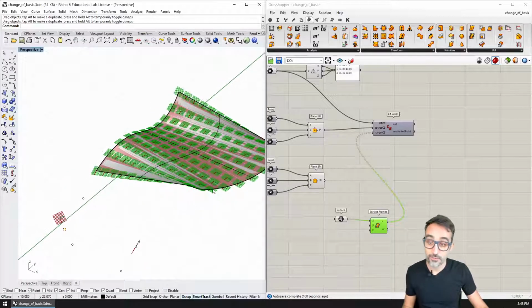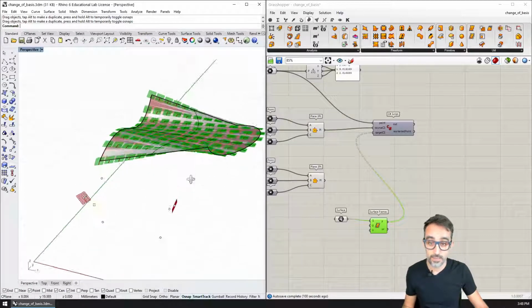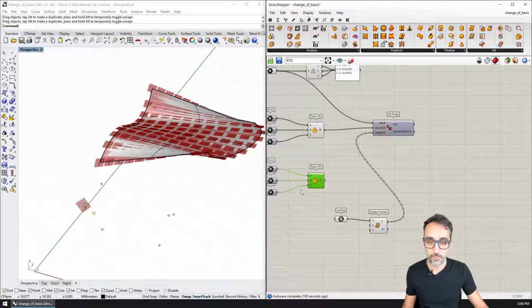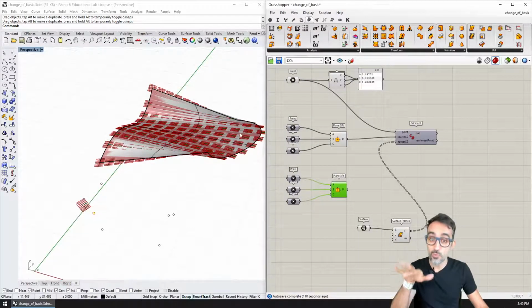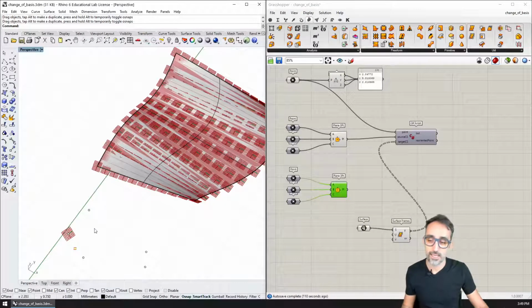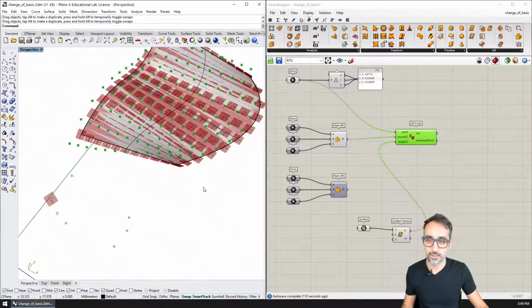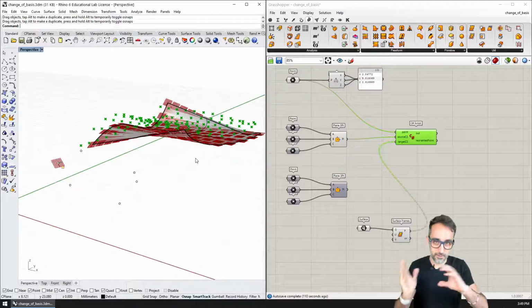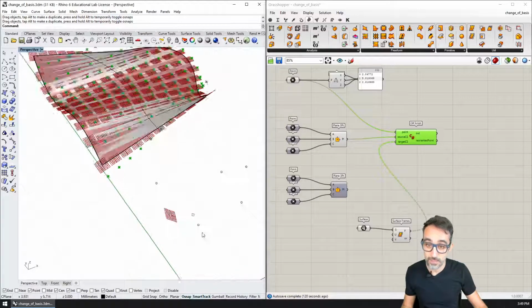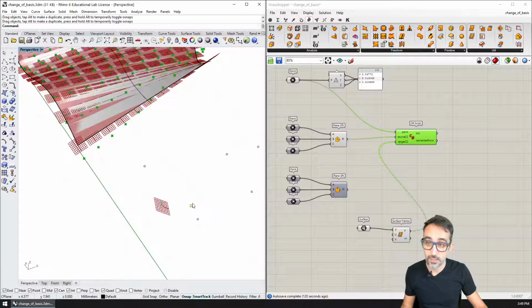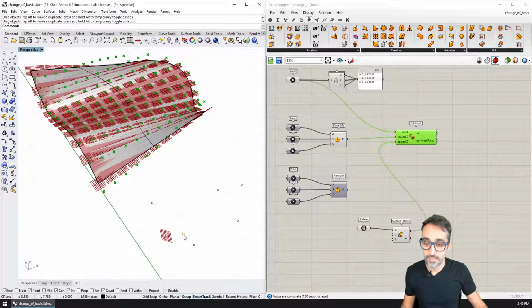So now, instead of using the original target plane that I used in the exercise, I have plugged each one of all these planes into the target translation. Basically, for each one of these planes, I am creating a new point that has the same local coordinates.